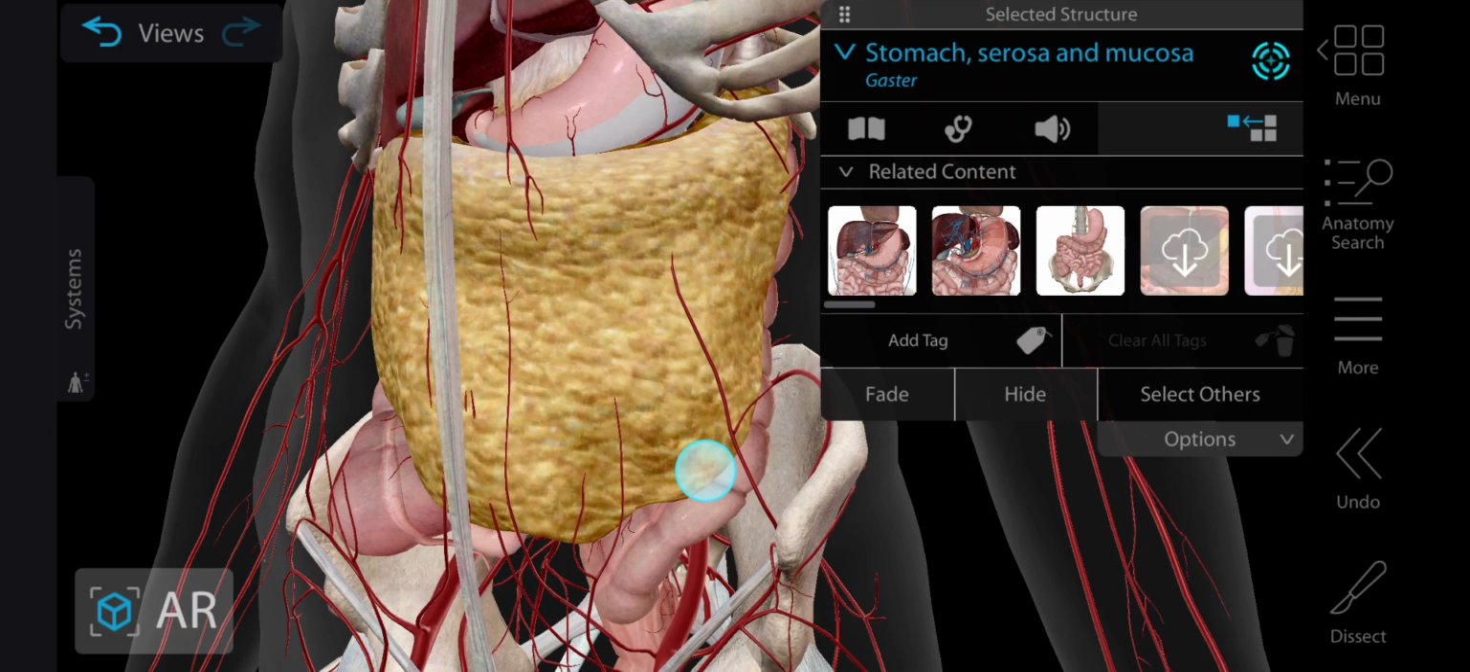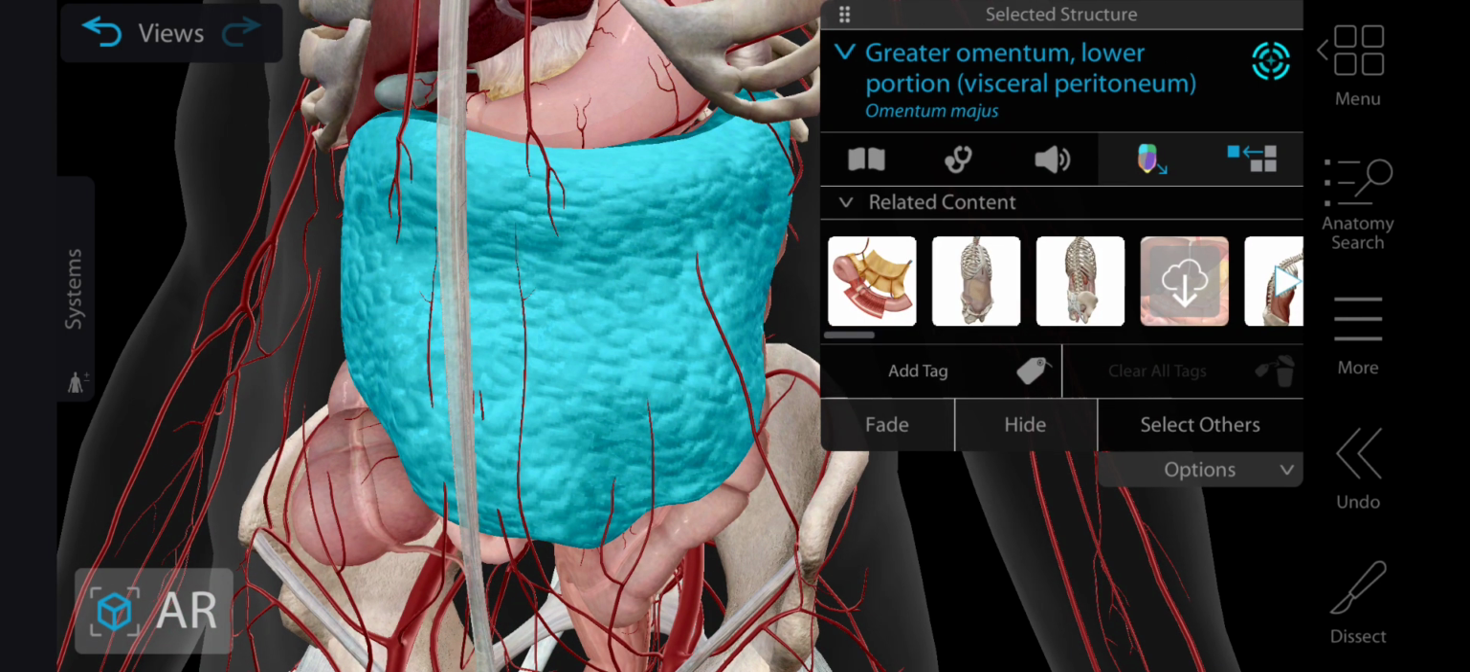this large fold of peritoneum is called the greater omentum, and it contains a variable amount of fat in it, and it has four layers. The first layer hangs down and folds back upon itself to form the fourth layer, and the second layer hangs down and folds back upon itself to form the third layer of the greater omentum. Talking about